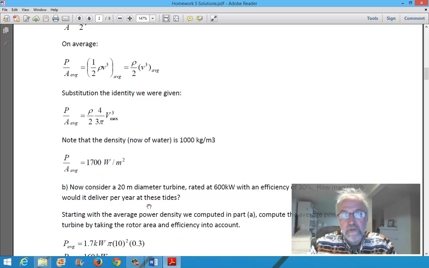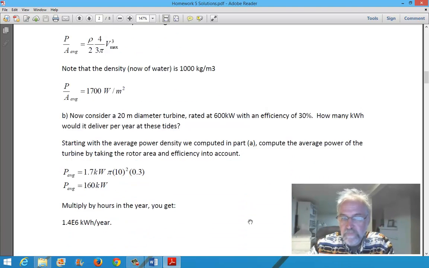Now we put something in the water. We specify size. It's 20 meters diameter, pretty big, but it has an efficiency of 30%. So how many kilowatt hours per year would you expect it to deliver? So we start with that average power density we talked about, and now put in the rotor area, because that 1.7 kilowatts is per square meter, multiplied times the area, the